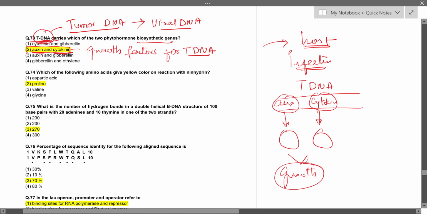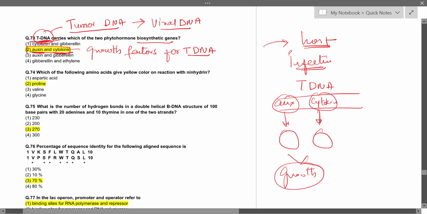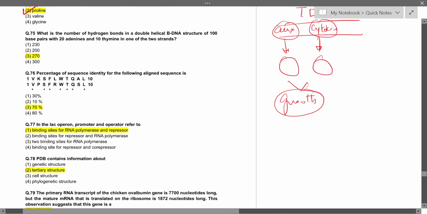Which one of the following amino acids gives yellow color on reaction with ninhydrin? So it is a conceptual question. Proline gives the yellow color when reacted with ninhydrin. Next question, what is the number of hydrogen bonds in a double helical B-DNA structure